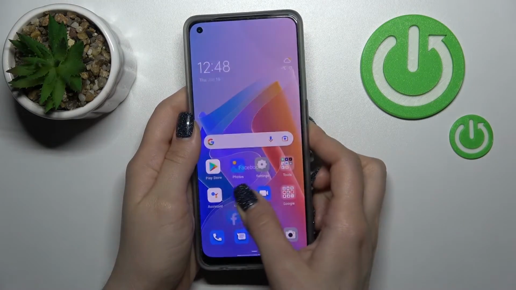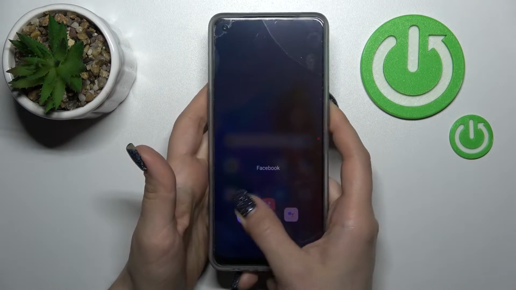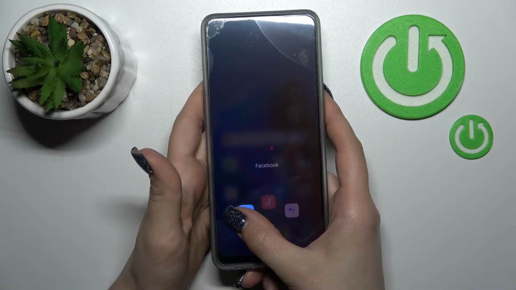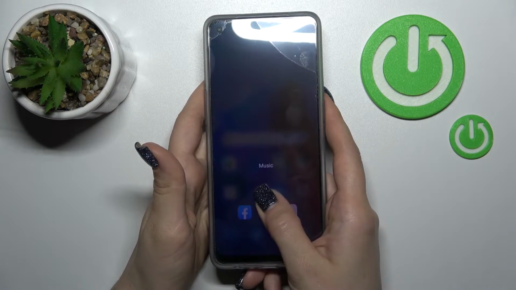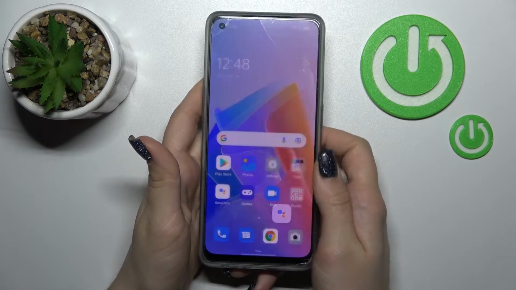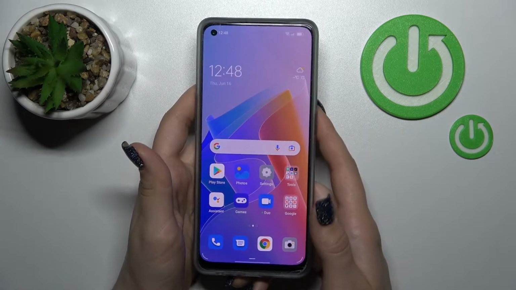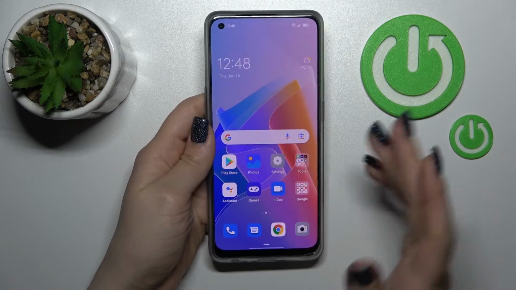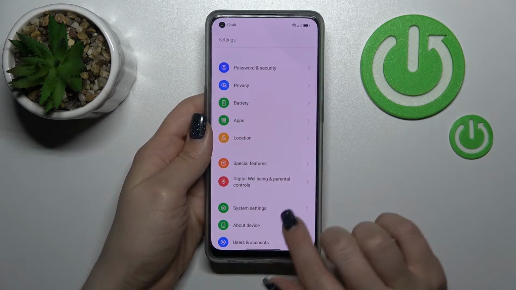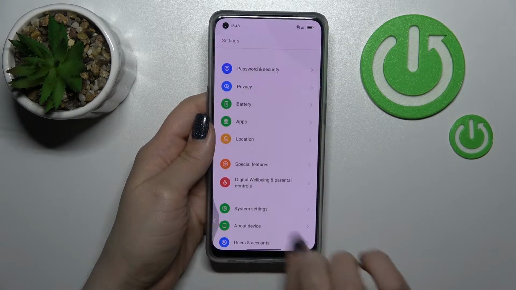So now we can see here that in quick launch we have only 3 applications: the Facebook, the music, and assistant. If you want to change or remove some of these applications, or just to change them, you should open the settings application, and after that